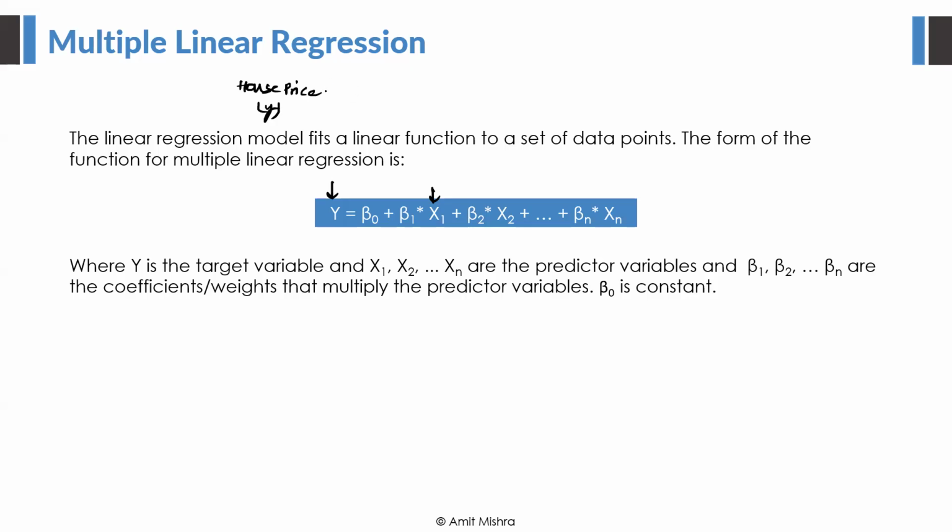which is explained by, or given by, beta naught plus beta 1 into x1, where x1 is your square feet area, plus beta 2 into x2, where the next one is the number of rooms, followed by beta 3,